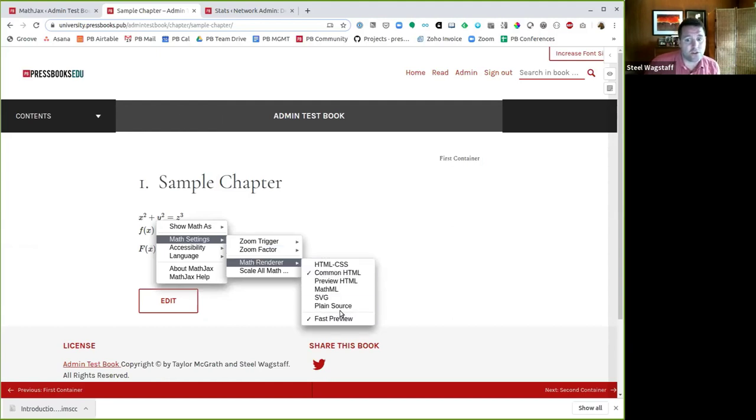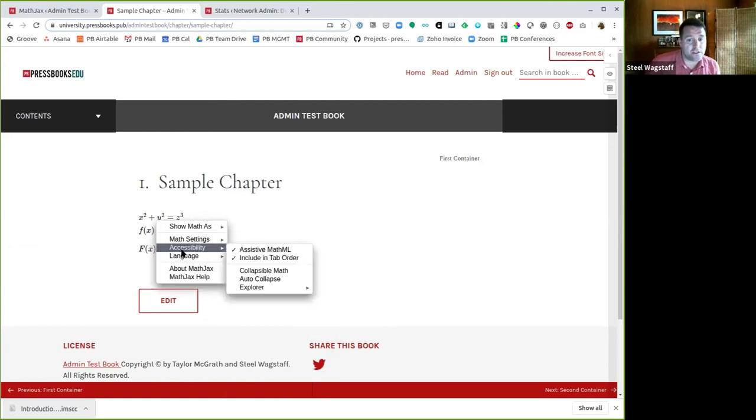And you can also choose a different renderer for how you render the math in your browser if you're having trouble. So these are a lot of the cool features that MathJax builds in. The other things you'll see are a number of accessibility features, whether you want assistive MathML, including the tab order, to make it collapsible math, to do an auto collapse, or even to turn on this Explorer feature. I'm not going to go really deep in depth for all the MathJax features, but people who are used to using and seeing math expressed with MathJax will be excited to see the full feature set for MathJax now